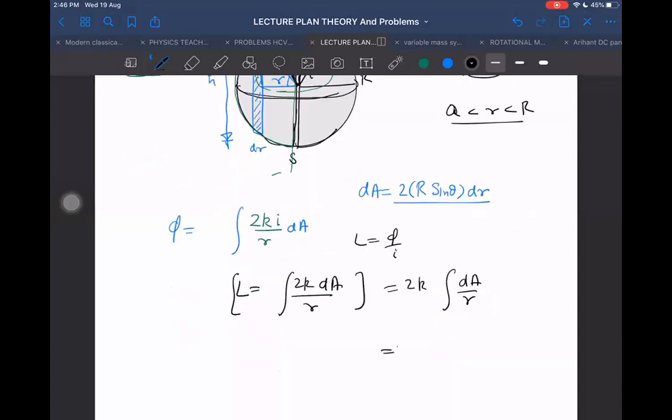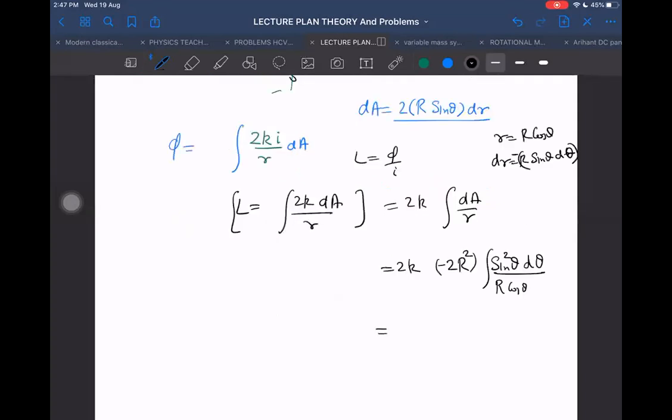Now, whether we can do it or not depends on whether we can integrate or not. Let us see once whether it is an integrable function or non-integrable. Sine theta into dr. What is small r? Small r can be written as capital R cos theta. Then I can write dr as r sine theta d theta, with a minus sign, obviously. Then what do we get next? One r comes here, two r squared, one minus sign comes, minus 2r squared, one more sin theta comes, sin squared theta into d theta divided by R, where R is equal to r cos theta, integral.